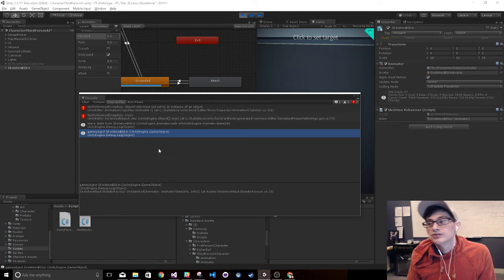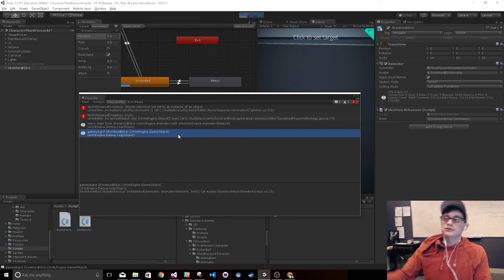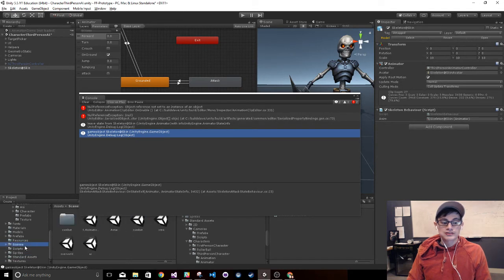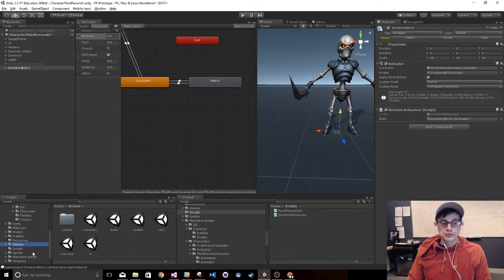So whenever the state exits, you can get a reference to the actual animator that did it, which means you can get a reference to the game object that did it, which means that you can send events back up to your player controller or whatever's managing this thing to let it know, hey, that animation ended. You're now free to go about your business. Okay? And that's huge because, like I said before, if you look at Unity Chan, the way that she's set up, while she does work,